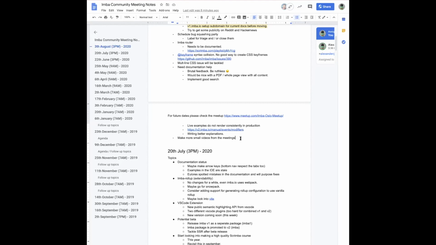Can I ask some questions about docs here? I was just waiting for the documentation for Imba 2 to settle a little bit. There's a lot that has been added since I started doing documentation. And it looks like it's settling now. And what you have done with the handbook, I feel like it's kind of redundant with a lot of what